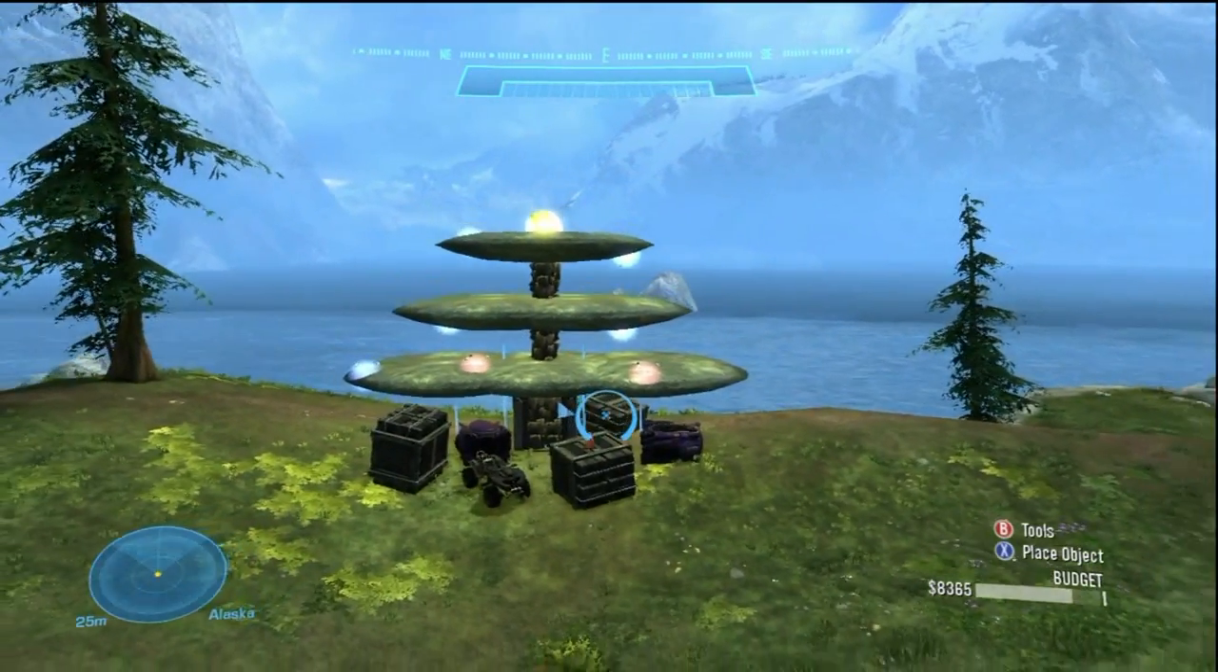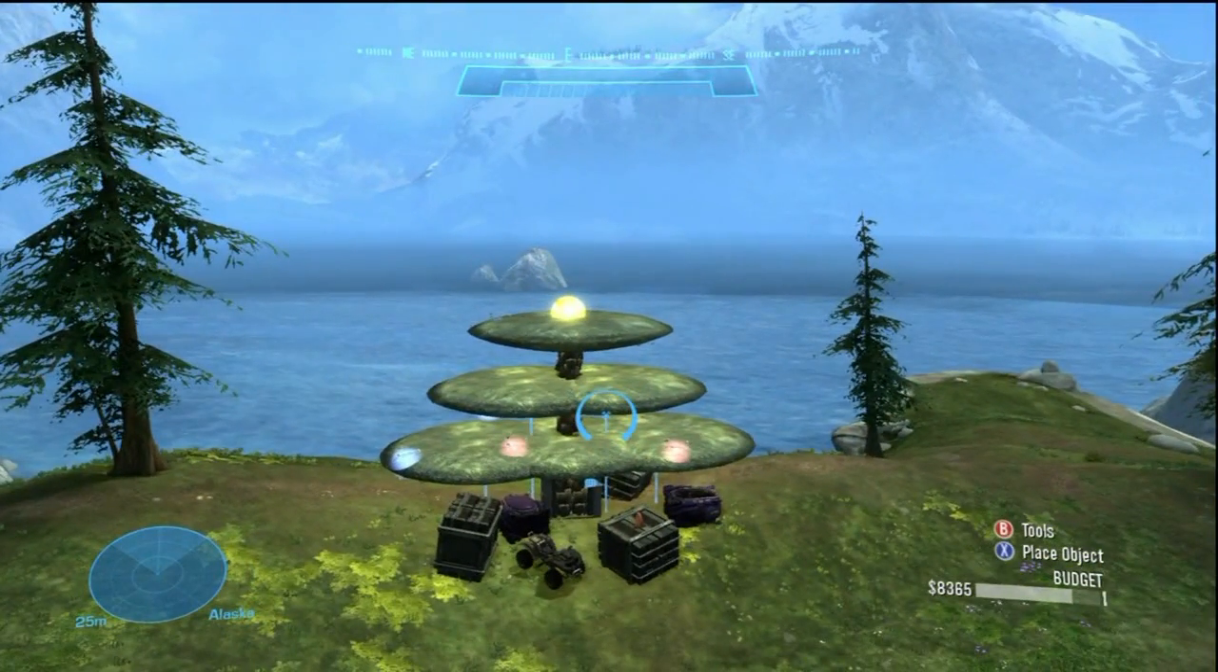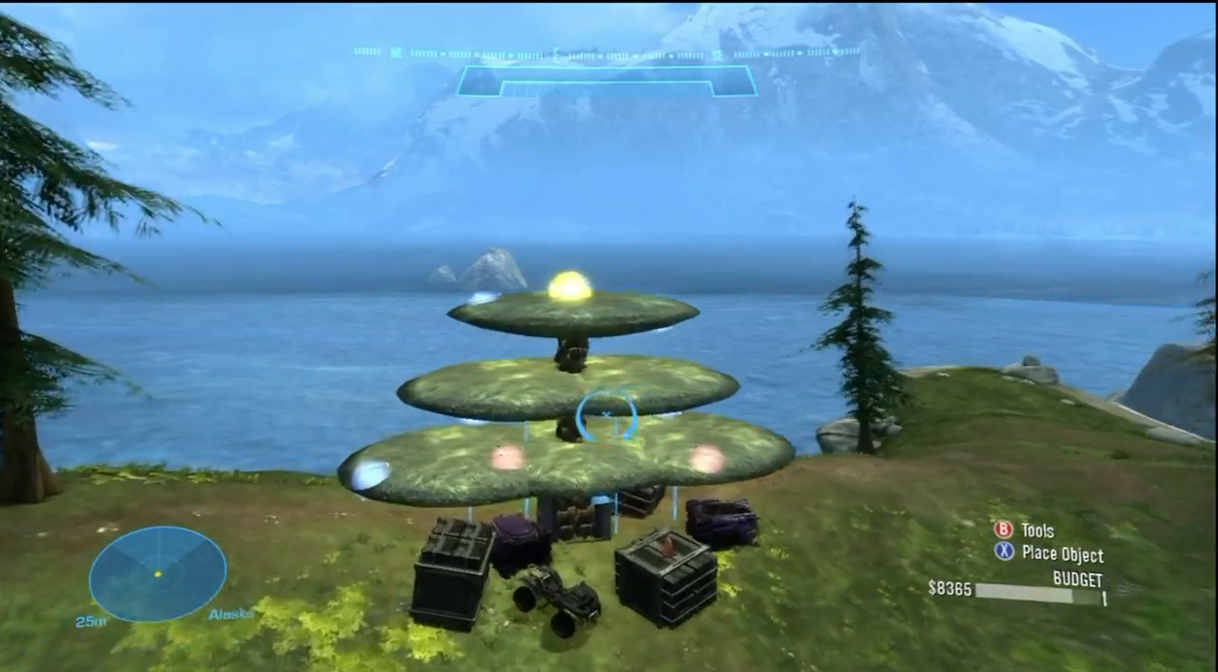And that's your finished tree. The ornaments, I'm not sure if they look too good. I didn't place them right, but